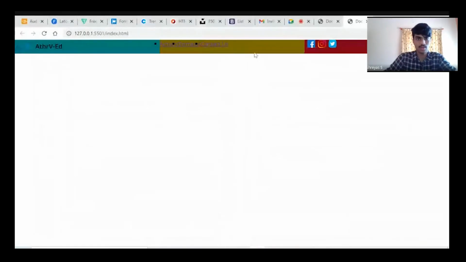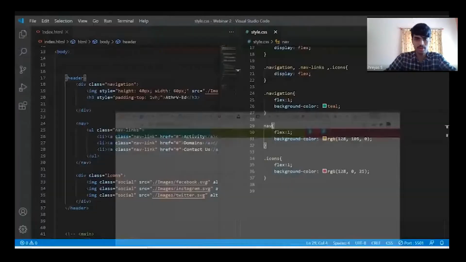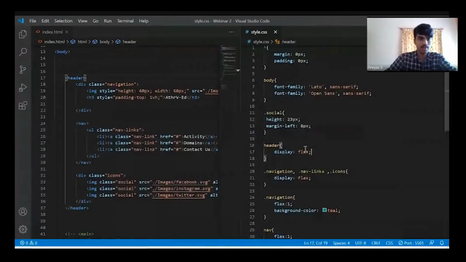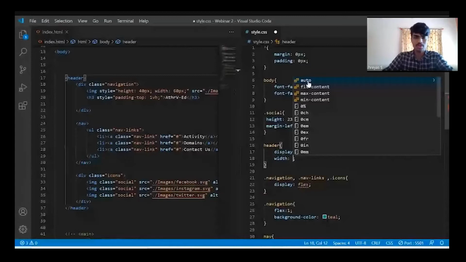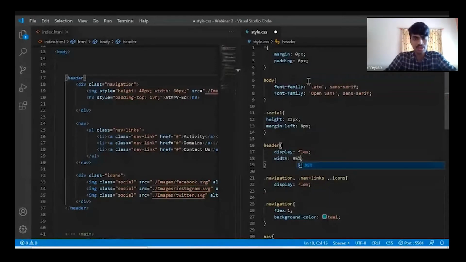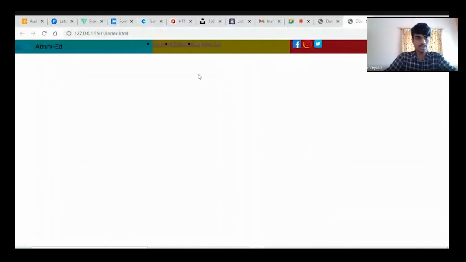Now it has been added equally into three different parts. It has been divided, and now it is from end to end. Let us bring it a little inward. So I'll add styling in the header because it is the main container. I'll set a width of 95%. Percentage means it is relative to the width of the screen. If the screen width is less, the width gets adjusted according to the screen. So 95% has been adjusted.